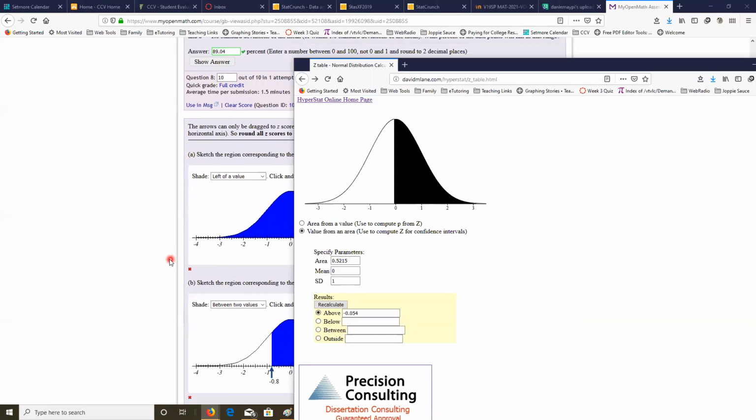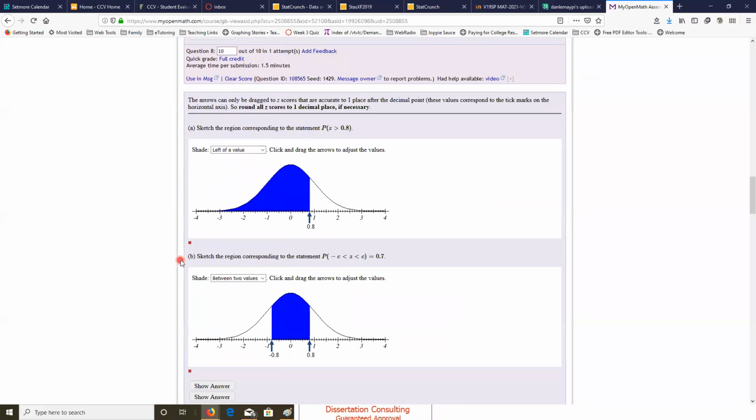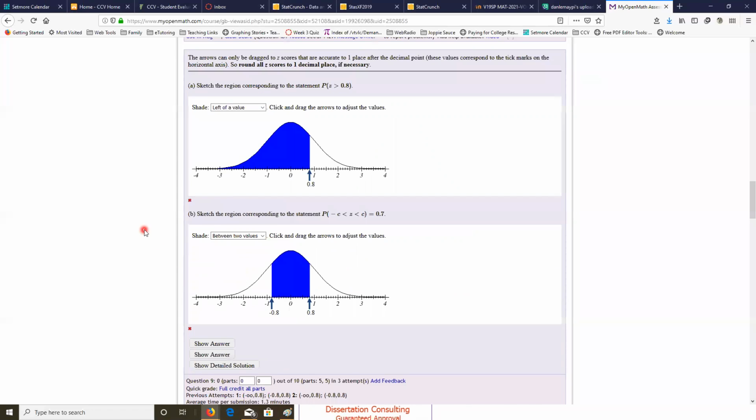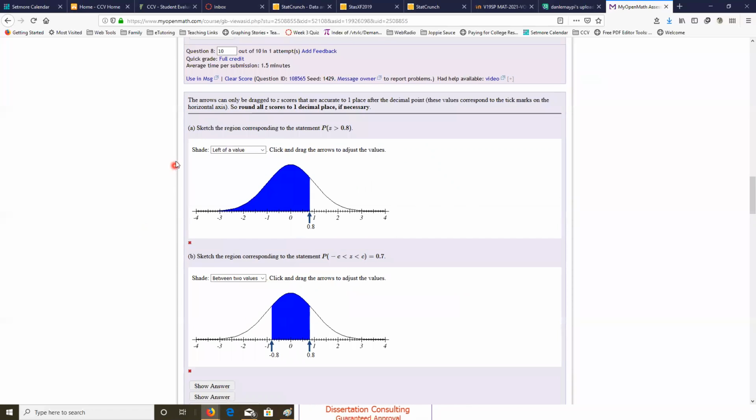Let's see what's happening here. I think this is just the 68, 95, 99.7 rule. Okay, so we want to sketch the area where z is greater than 0.8. So there's the z-score 0.8. We want to be right of that because it's greater than. And then this is in between. No, see, now we need to find, they're looking for the c value. So between 2 values,